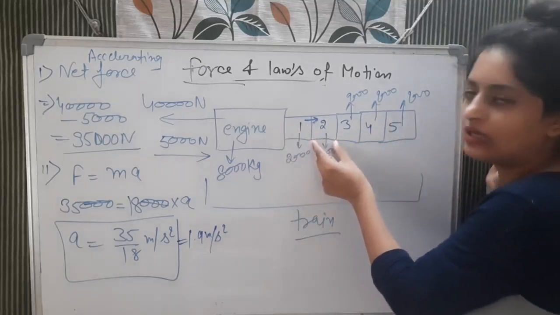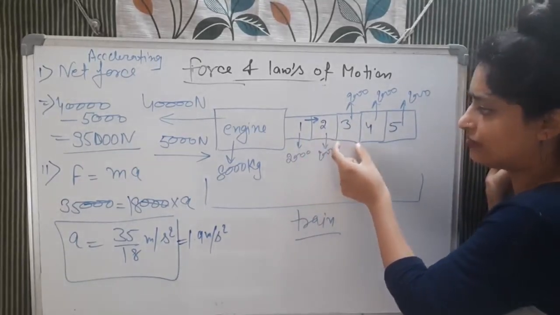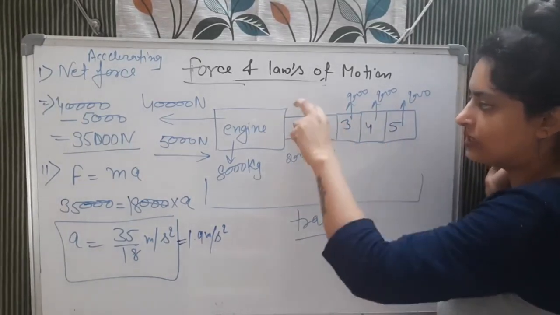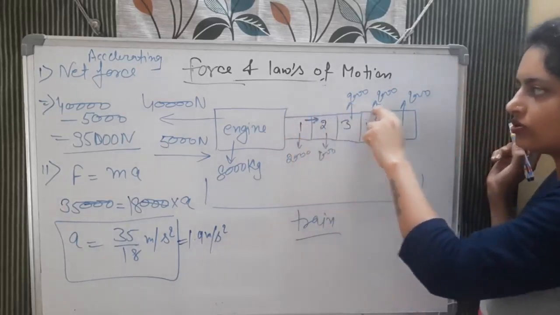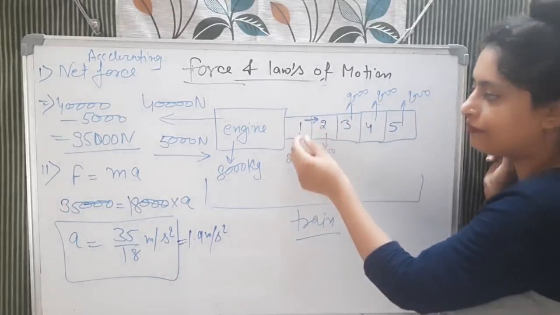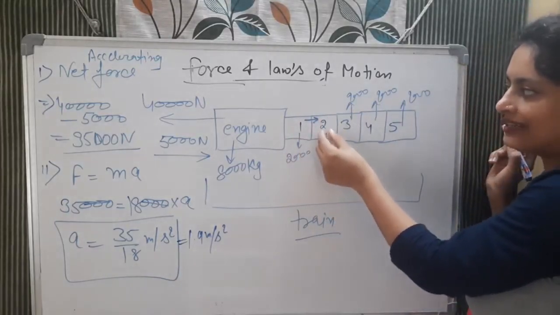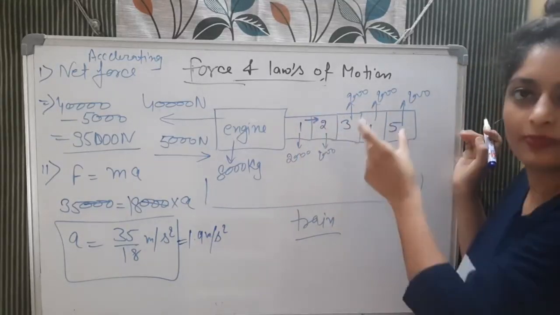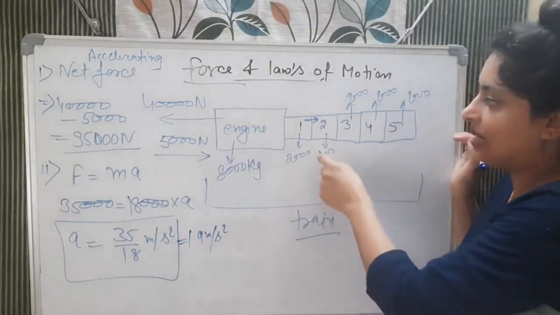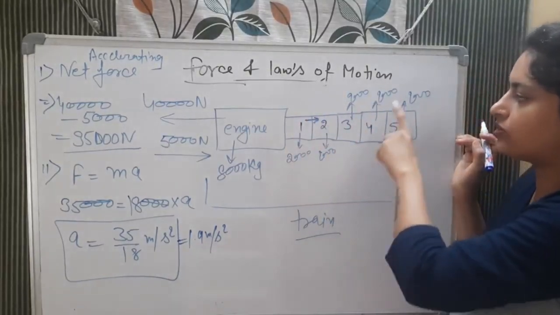Now this 2 is not alone. Try to understand here. This 2 is attached with this, with this, with this. So this force is actually not acting on this one only. This force is acting on the other 4 wagons. The force of wagon 1 on the 2 is not only acting on the 2, it is combined with the others. All four are connected to each other, attached. So what will happen? This force of 1 on 2 is applicable on 3 also, 4 also and 5 also.